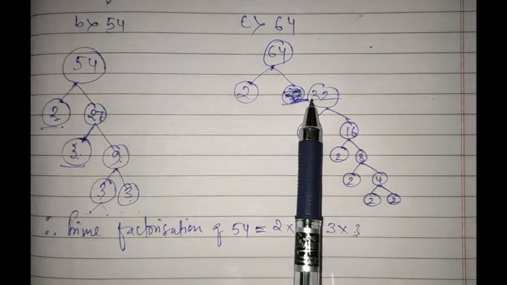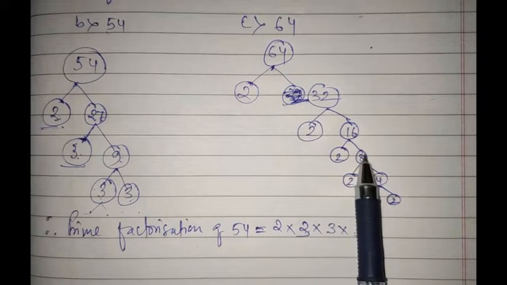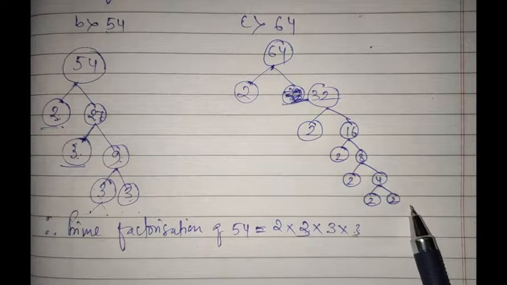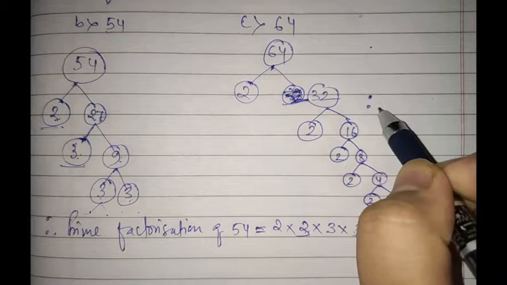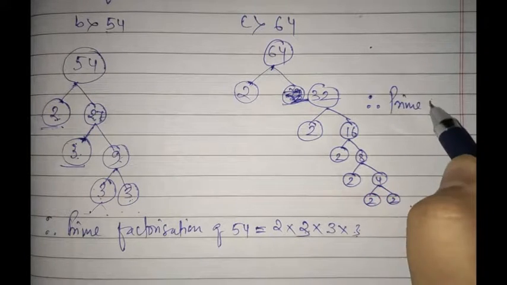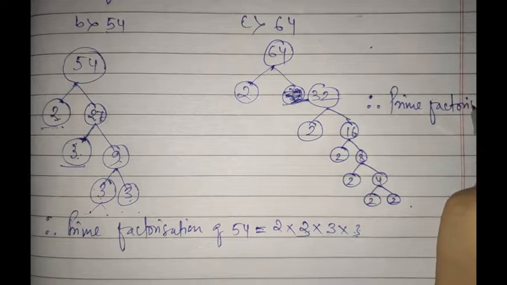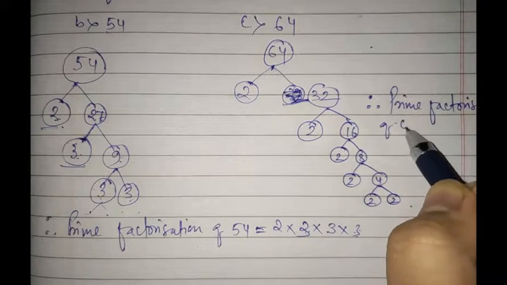Now 2 into 16 is 32, right? And 2 into 8 is 16, and 2 into 4 is 8. Now 4 can be divided into 2 twos are 4. So now you can write here, therefore prime factorization of 64